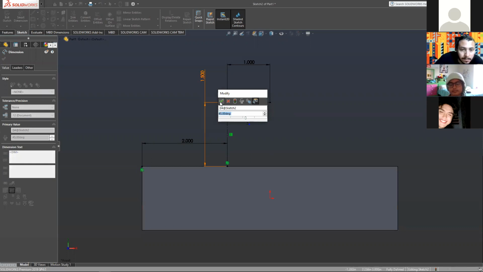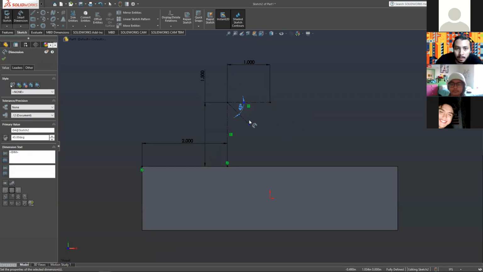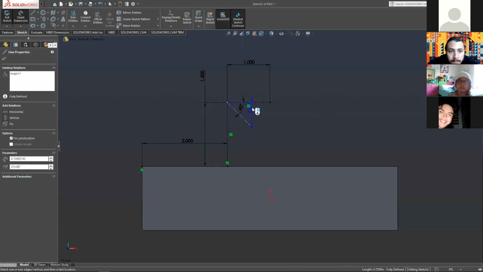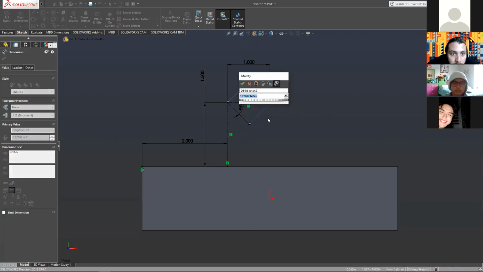Just put it nice in the corner. If it wasn't 45, say it's 45 now. We'll check mark that dimension. Very nice. This little point right here is still blue. So we'll select another thing. And we can come out here. Make sure you're kind of going out at 45. If you go horizontal, it'll say the height of the line. We don't want the height of the line. We don't want to have to do trigonometry. We'll come out here at an angle. And we'll say